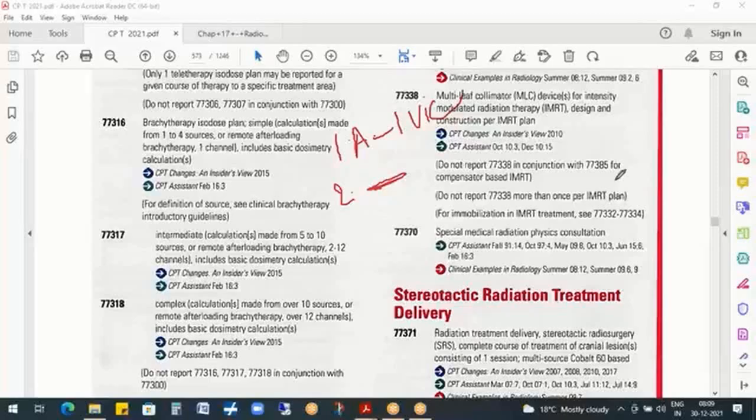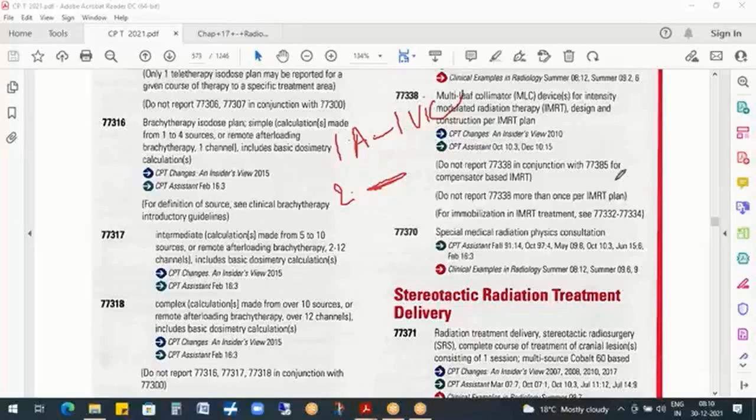Code by default as with contrast. Now you can see here. First we need to look for body part. Then you need to look for type of technique performed. It may be X-ray, it may be CT, it may be MRI, it may be MRA. If X-ray is performed, we need to look for number of views.